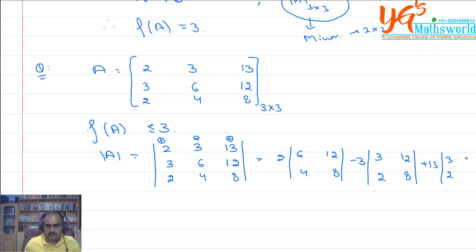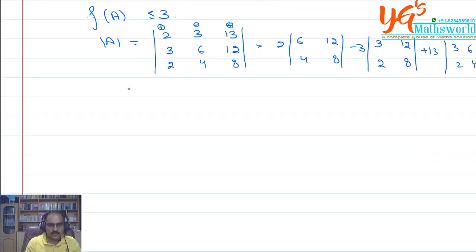Three, 2, 13, then it is the 3 6 2 4 determinant. Now if I solve it, 2 times 6 into 8, 8 6s are 48, minus from my side 12 4s are 48, minus 3, 3 8s are 24, negative from my side 12 2s are 24, plus 13,